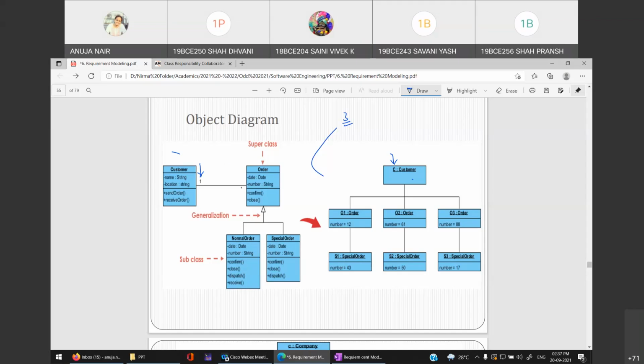Right? Now O1 is associated with, again it has two subclasses, normal order or special order. So either you can put a normal order or you can put a special order. Okay, if you put a normal order at one place here, there is nothing wrong in that, but all of them here were made special orders. This is an example from the books so I can change them. But if you would have put a normal order over here, it will not go wrong because the order class has two subclasses, normal order and special order.